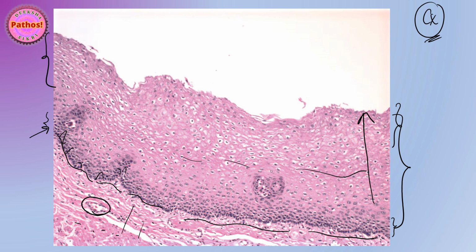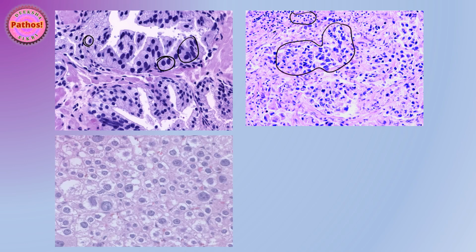I just wanted to tell you that even in a normal epithelium, you can have darker staining nuclei, lighter staining nuclei, bigger cells, and this is just a stratified squamous epithelium. Now look at this photo. Forget what tissue it is. I just want you to appreciate that there are nuclei which are smaller, and then there are nuclei which are bigger and darker, right? Even in this photograph, you can see some regular looking nuclei and then some larger, darker looking nuclei.